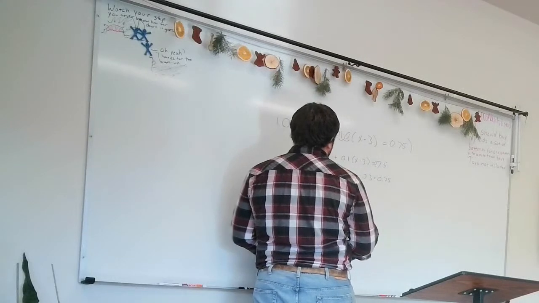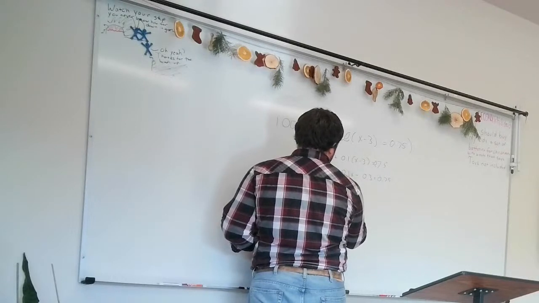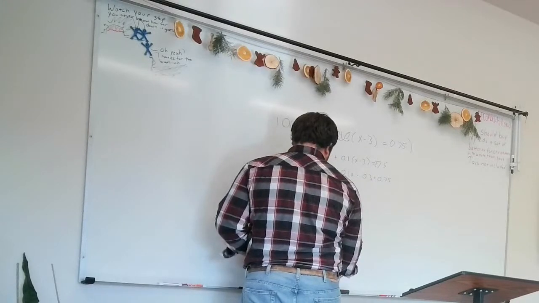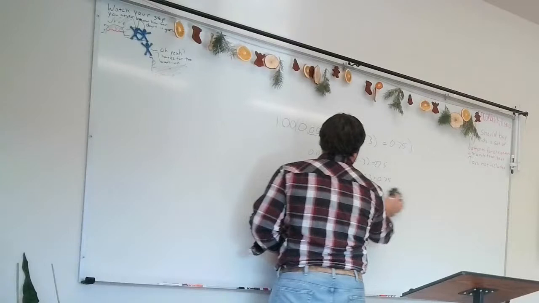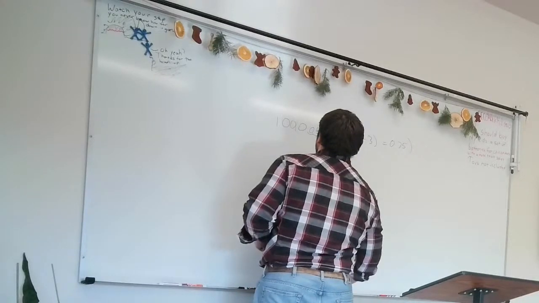So this comes out to 0.105x. I did it the other way. You did the other way, so what do you got? I had 5x plus 1,000x minus 3,000 equals 105.